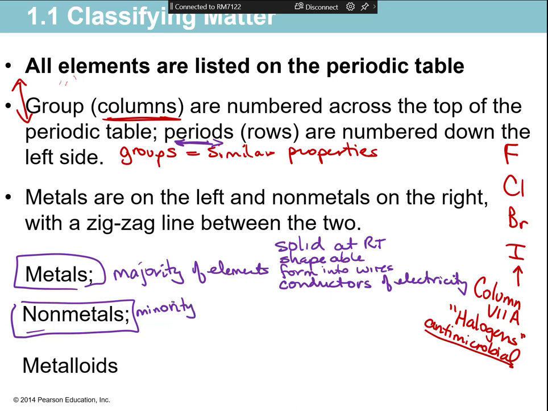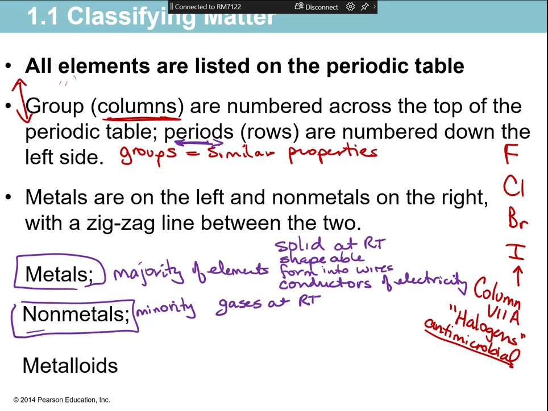What would you say about them? Are they solids, liquids, or gases at room temperature? Most of them are gases. So see the red? See how everything on the far right column and then nitrogen, oxygen, fluorine, and chlorine are all in the red? So these tend to be gases at room temperature. So RT is room temperature. Gases at room temperature. The few that are solids, like carbon, phosphorus, sulfur, the ones that are black right there,